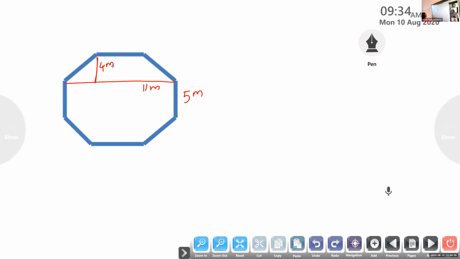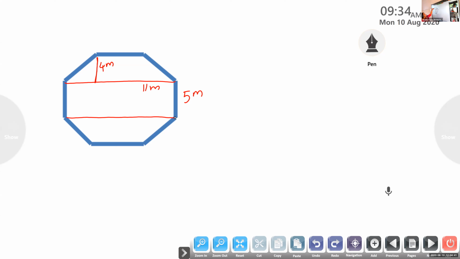Okay, so here we will draw some diagonals. In a general quadrilateral, we draw a diagonal so that the quadrilateral is divided into two triangles. Then we can find the area of the triangles. In the same way, in this octagon, we will draw some diagonals so that the figure changes into some shapes whose formulas we may know. So here we will draw one more diagonal.